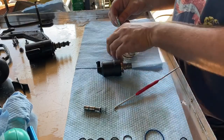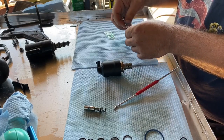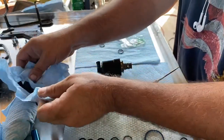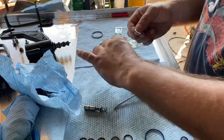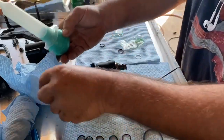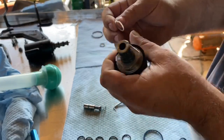It's a little bit much, but okay, we'll just dump that in there. Now, make sure we put them back on right. I'm going to go with the biggest. Put a little bit of lube on here as well. Can never have enough lube. Okay, right there. Now these things here, they have a pre-cut gap in them, which kind of makes it easier